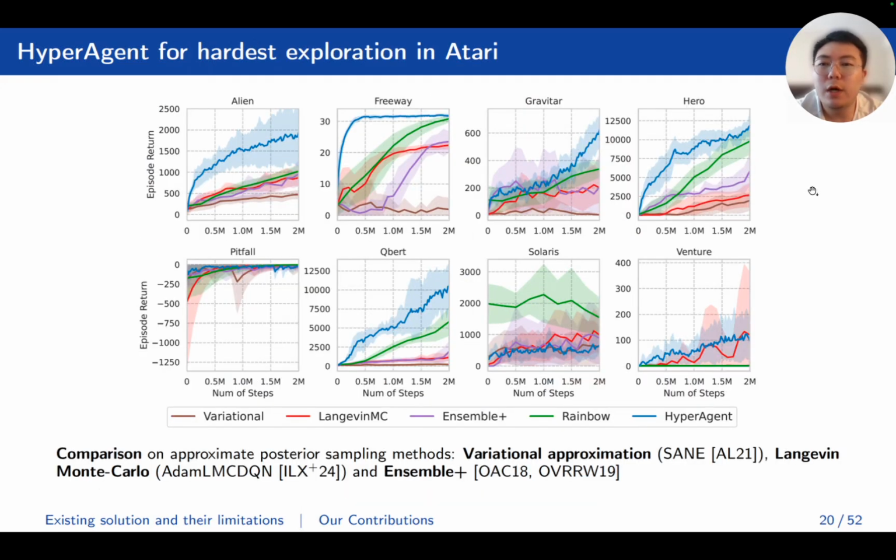And also for hard exploration in Atari games, the blue line is our algorithm, which surpasses Rainbow and Ensemble, and also surpasses by a lot the recently proposed Langevin-based method in this year's ICLR paper, and also surpasses a huge amount of variational approximation of the posterior. So empirically, it works very well